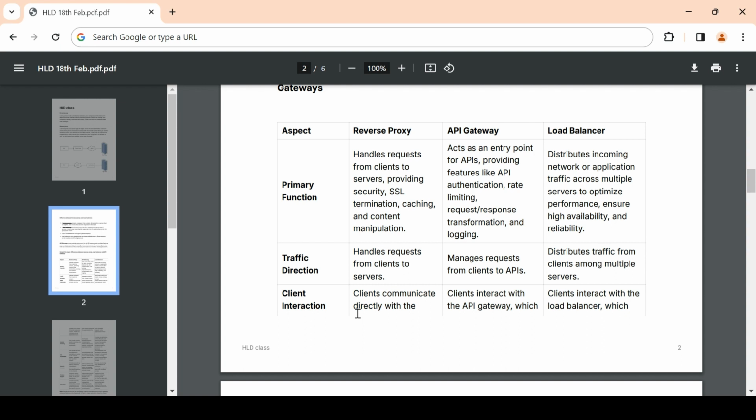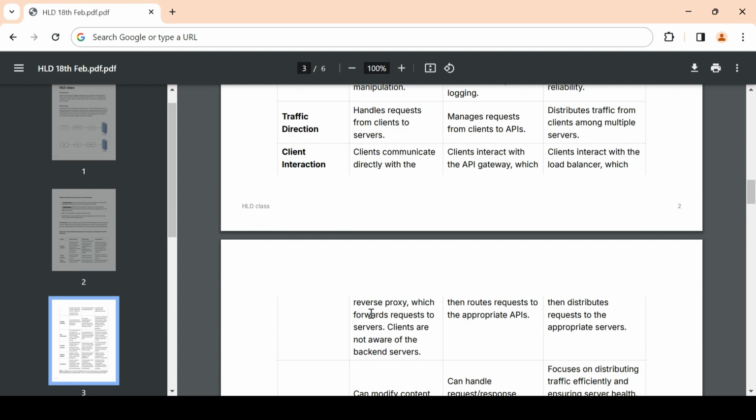Then we have client interaction. In the reverse proxy, the client communicates directly with the reverse proxy, which forwards the request to the server, and the client is not aware of the backend server. This is the good point about the reverse proxy, because you have no idea about the server behind it. Coming to the